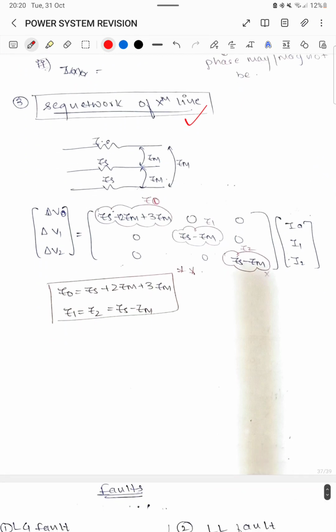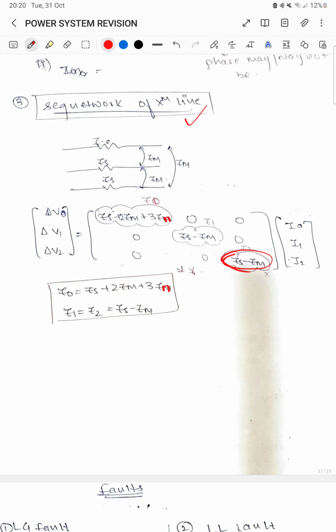Let's say the transmission line has impedance Zs, the mutual impedance between phases is Zm, and the neutral has impedance Zn. So Zs plus 2Zm plus 3Zn is Z0. Fine. So V0, V1, V2 can be written as Zs plus 2Zm plus 3Zn, Zs minus Zm, Zs plus 2Zm, Zs